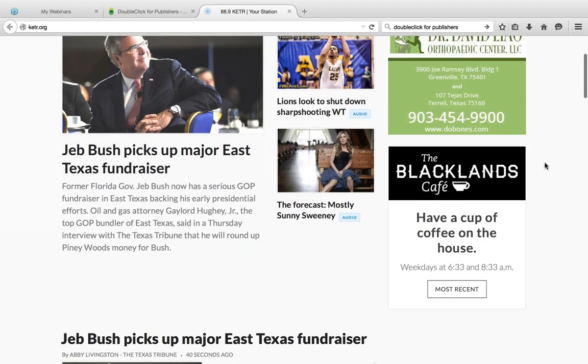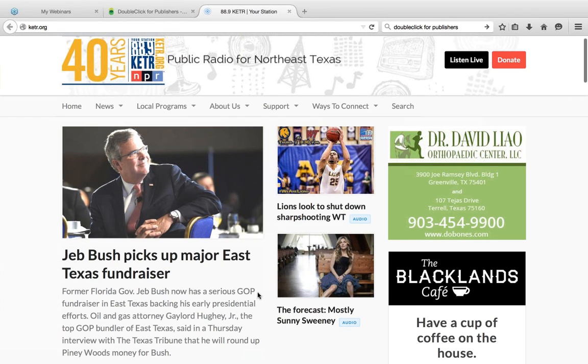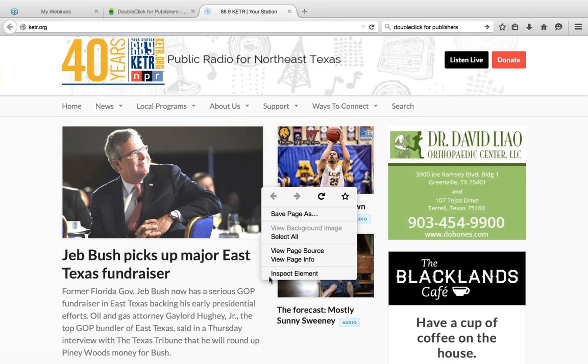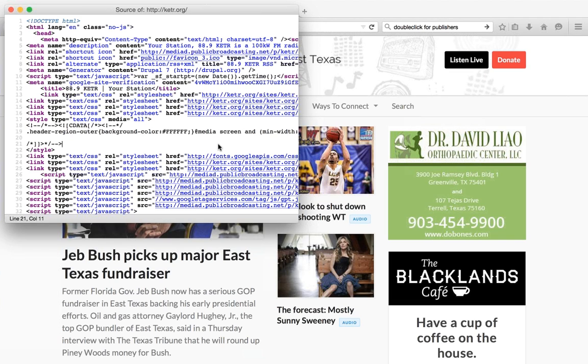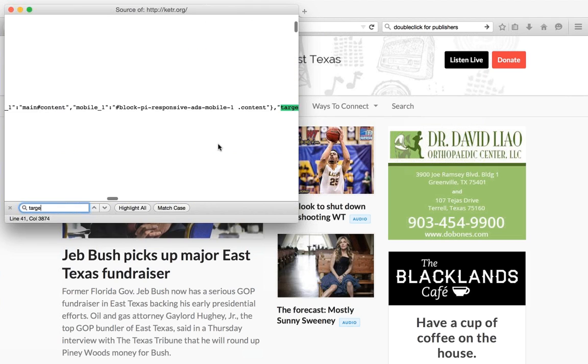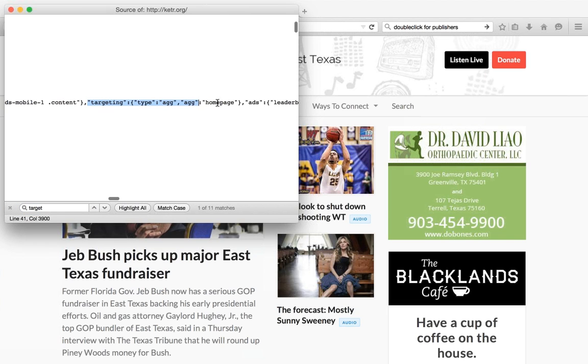So this is KETR. This is their home page. And if I right click and click on page source, there's definitely a lot of code in there. And I want to do control find, target, and there it is, targeting. So this is the long code that I typically will just